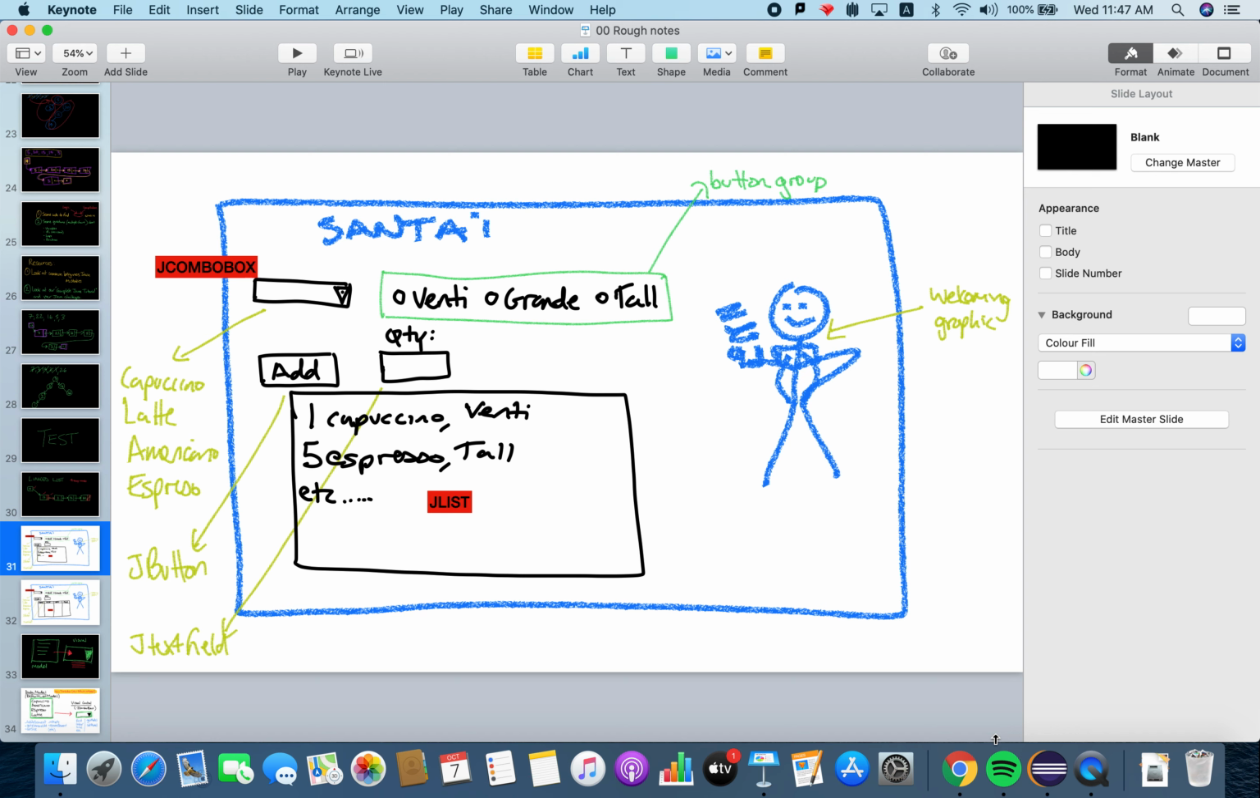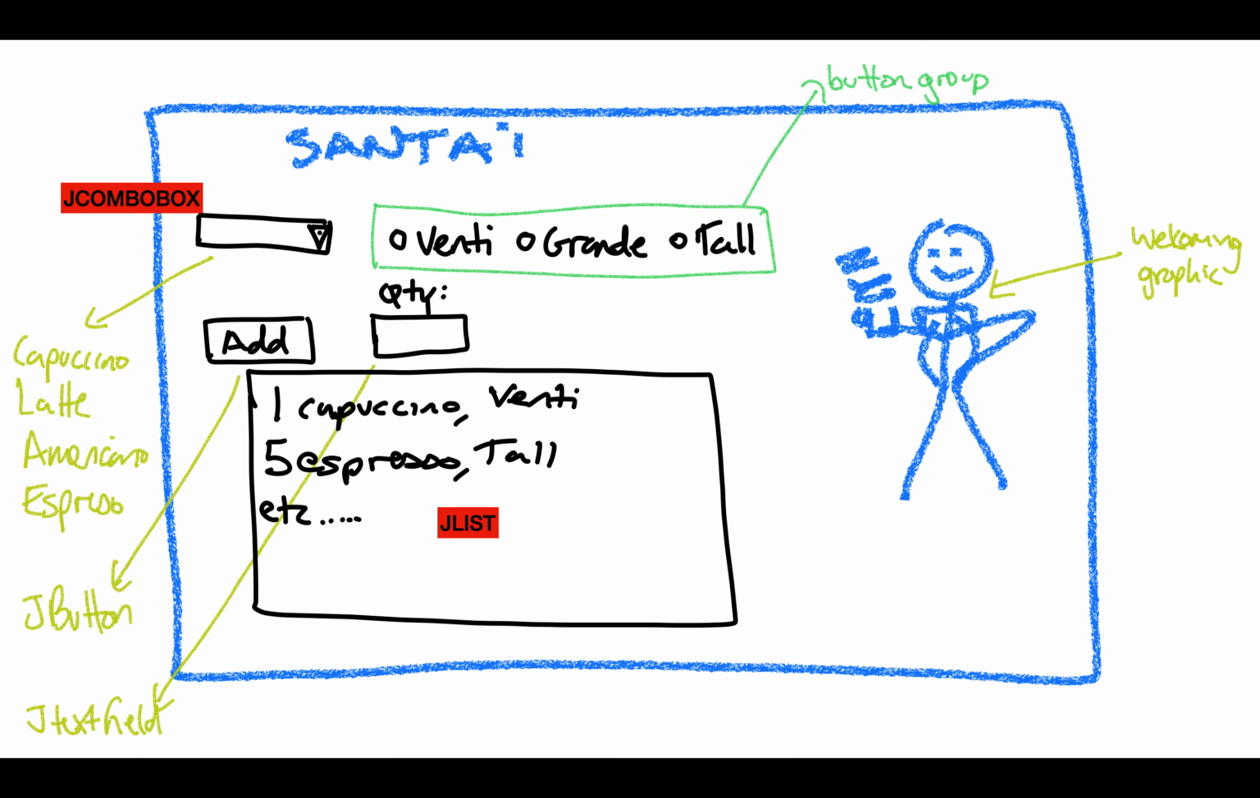Okay, so this simple application is going to be a coffee ordering service for the Santai Cafe. This is what it's going to look like. It's going to be a data input screen which says the title across the top, the Santai. It has a J combo box on the top left hand corner which allows you to choose the type of